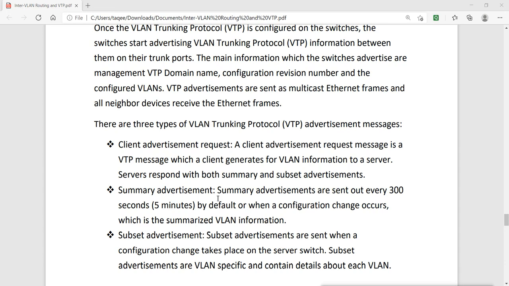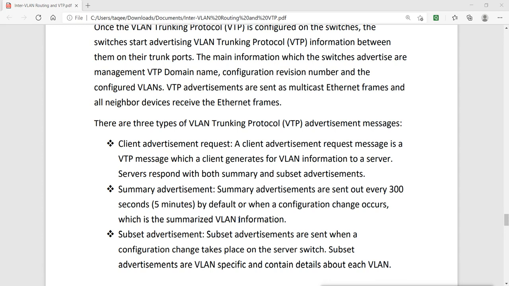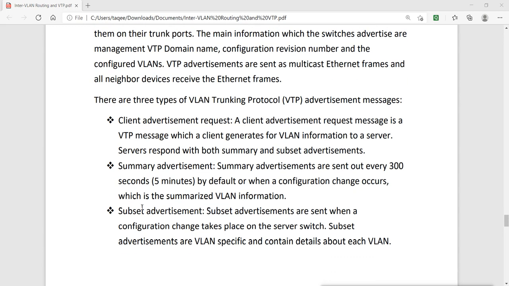This is generated by the server when there is a change in the VLANs: you add VLANs, you remove VLANs, then it sends these messages. Subset advertisements are sent when a configuration change takes place on the server switch, and they are VLAN specific and contain details about each VLAN.